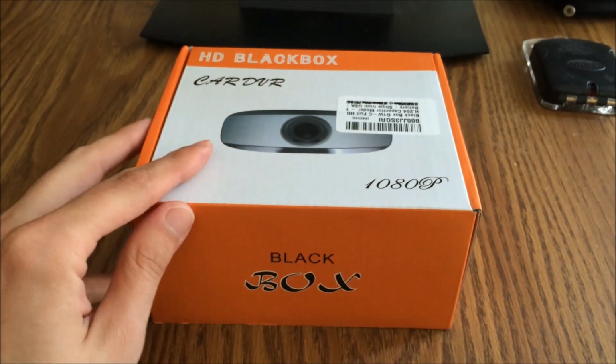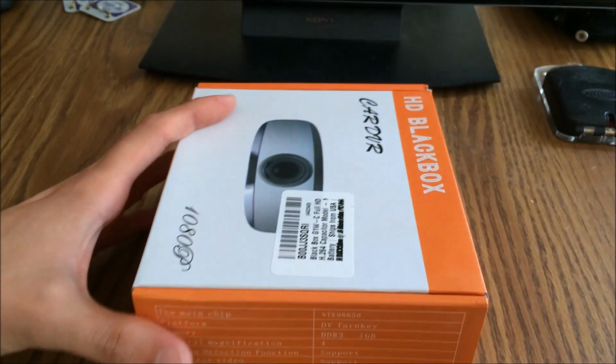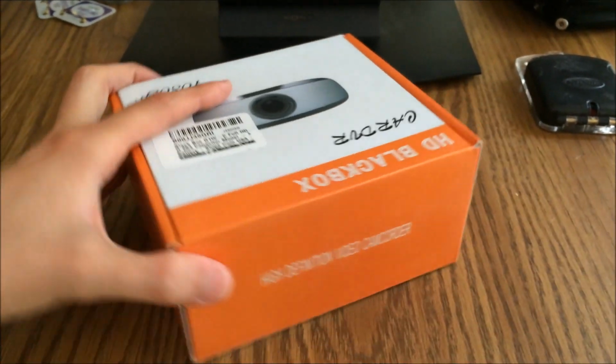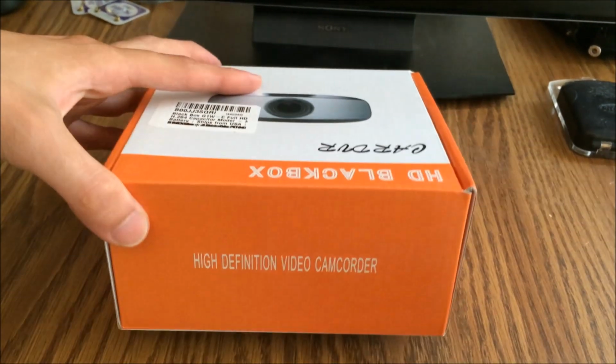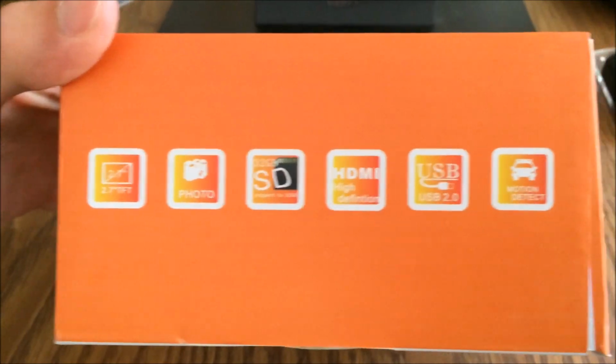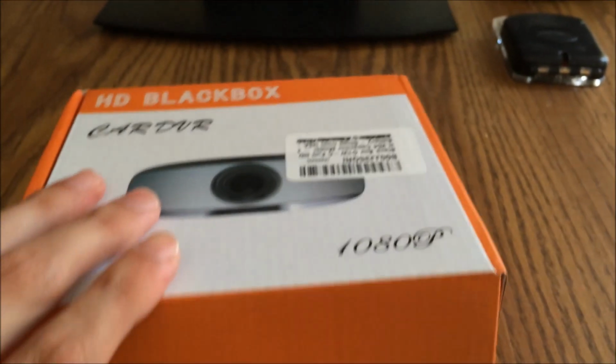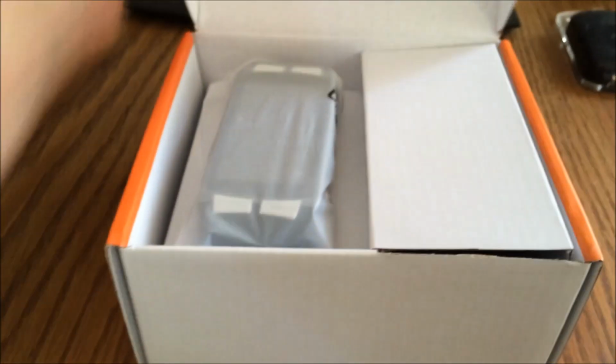So here's what the box looks like from Amazon. It's actually a nicer box than I was expecting. But here's the specs on the side of the box. High definition video camcorder. Here's some of the features. And it wasn't sealed, but